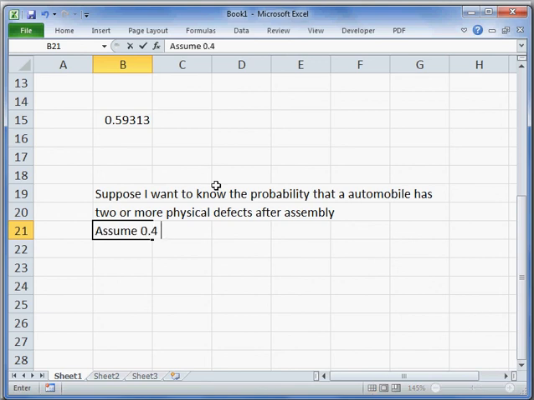Assume 0.4 on average. Okay, so we want 2 or more physical defects. So I do